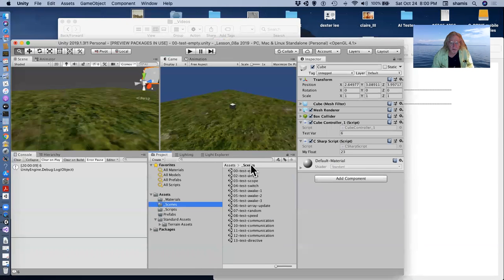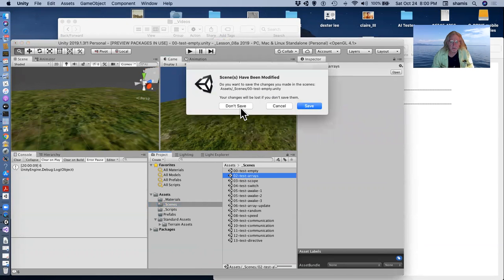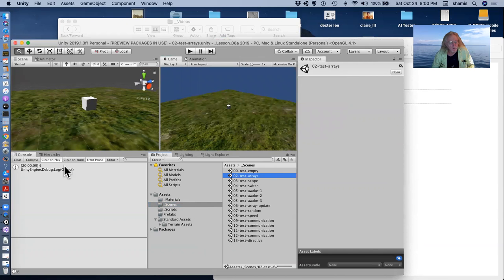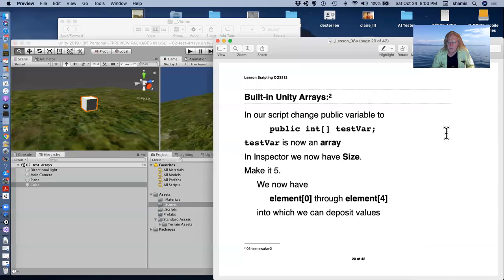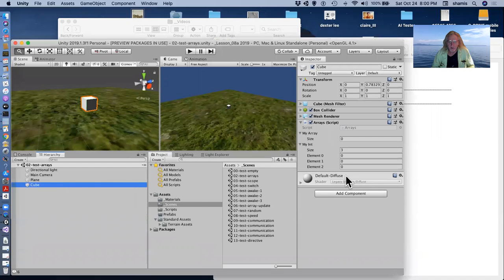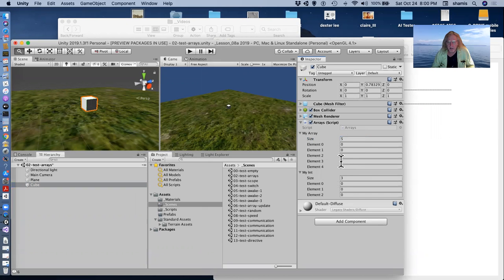We can also have arrays. Here in this case, I'm going to not save that. In this case, I've changed that variable to be an array. Change the name of it as well, but basically including these square brackets after the test var. Test var is now an array. And I can add to this how big I want this array to be. If I say 5, my array now has 5 slots in it, and if I run this,